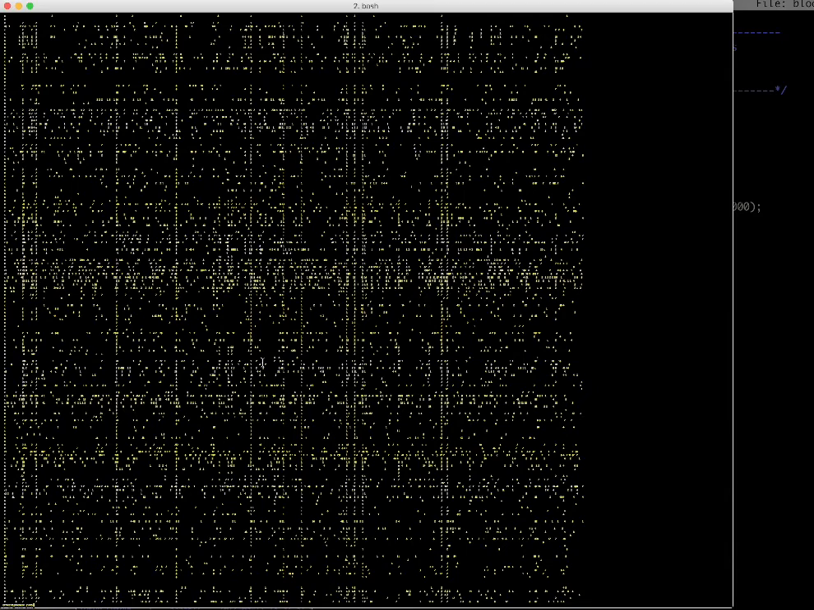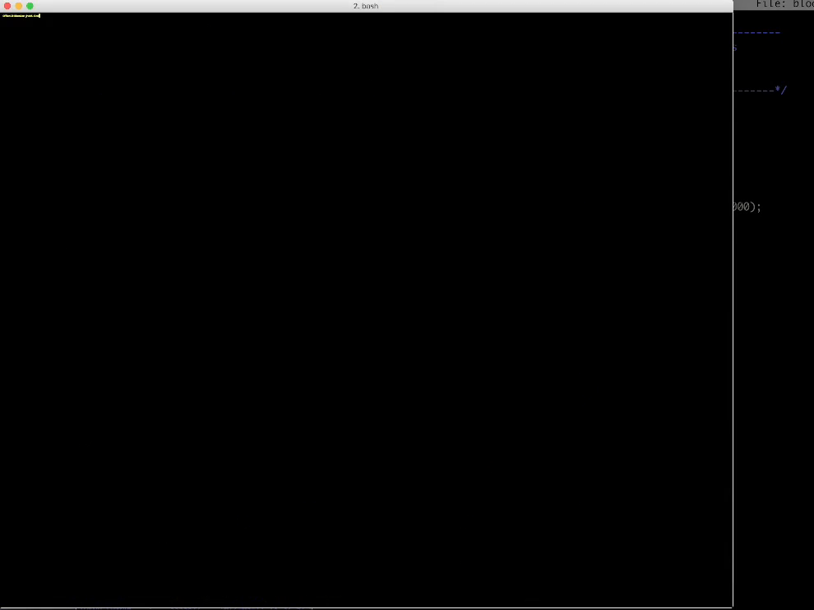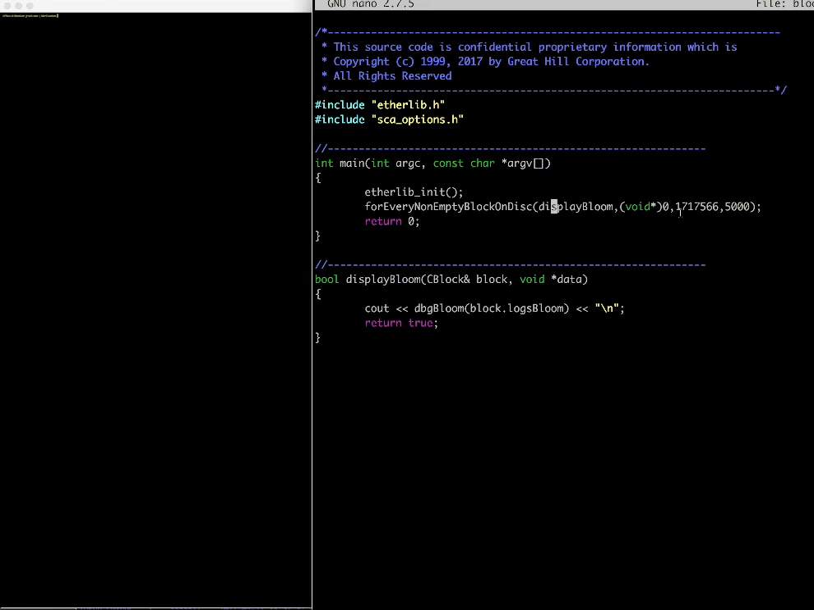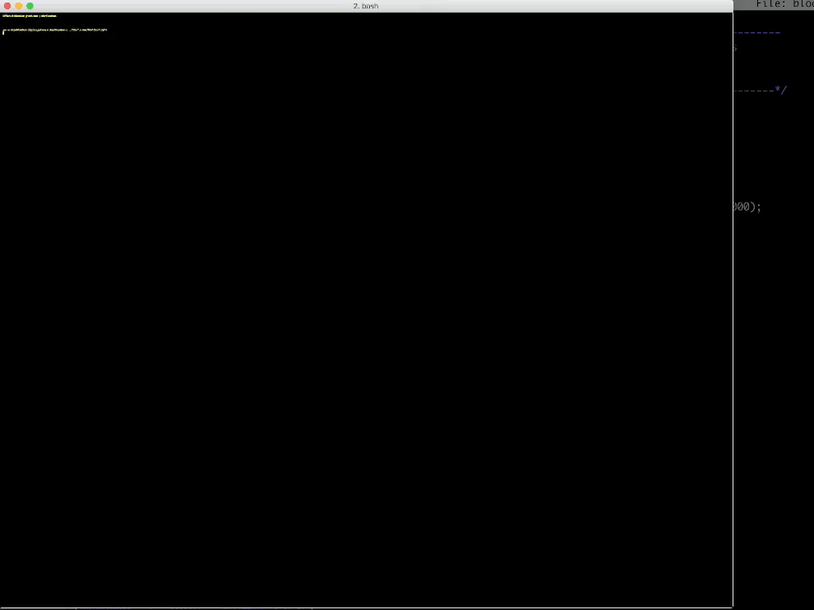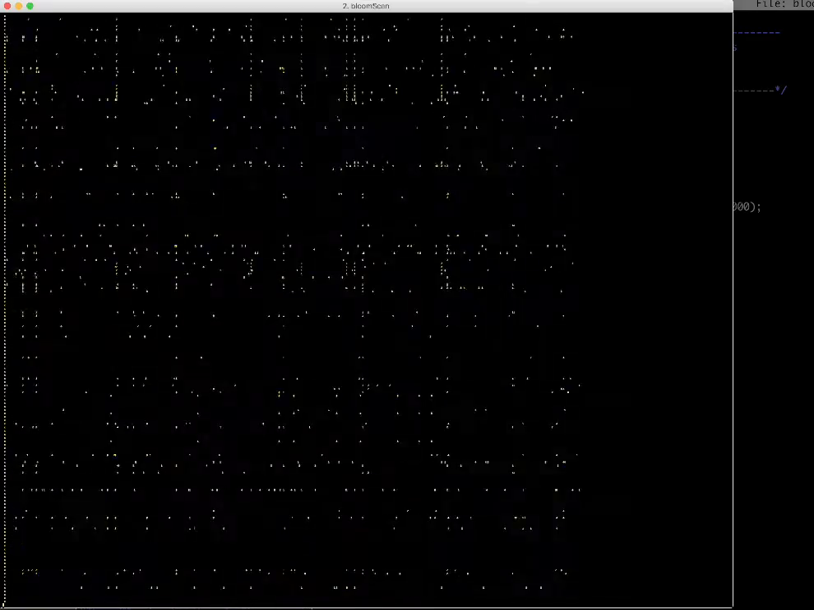So I'm going to run this code. I've made it really small because I want to be able to see the full width of the logsBloom. And this is just running from about this block here, which was just before the DAO hack, and I think you'll see the DAO hack happen. So just people are interacting,